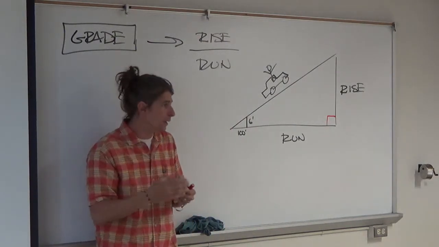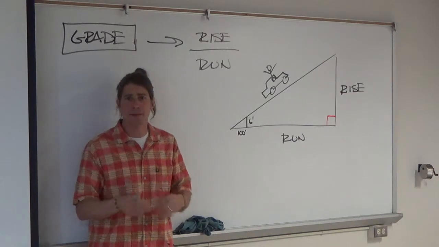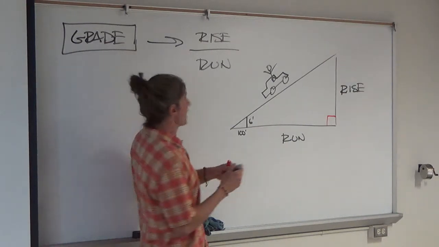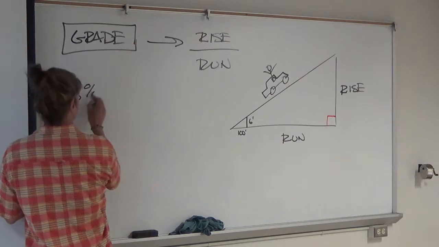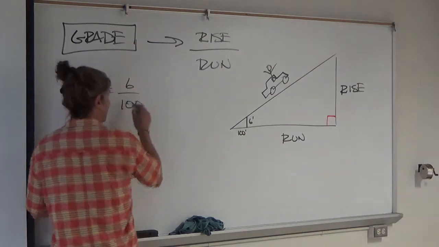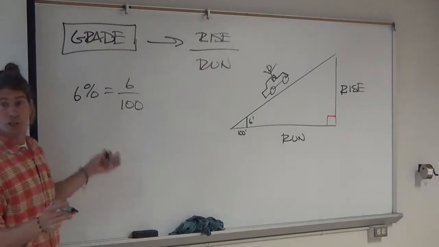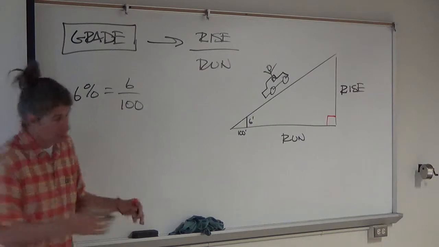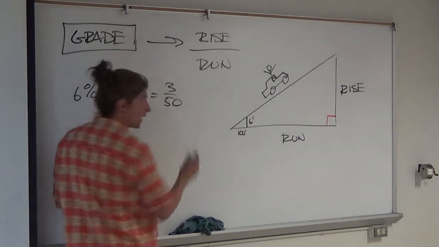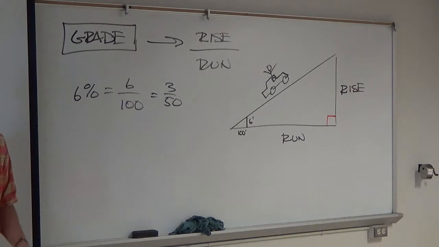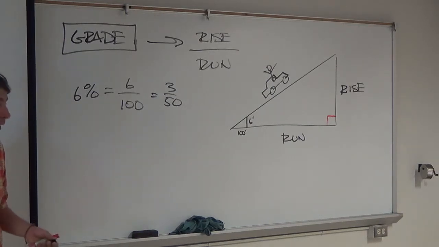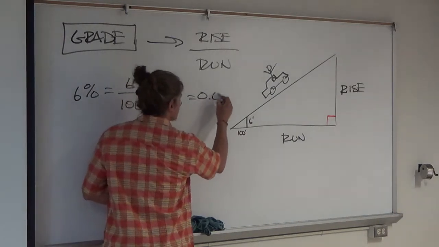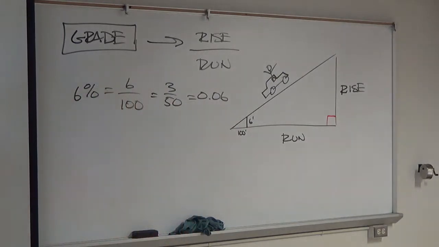6 divided by 100 is 6%. You've got to remember what percent means: per 100. So you can see that different ways, right? You can see it as 6%. I think you guys told me last time that 6 over 100 is fantastic. I know that sometimes we see fractions like that because we've been brought up in pre-algebra classes. You must reduce. Okay, 3/50ths, that's fine as well. I like to keep the 100 near the bottom whenever I can because it becomes obvious what percentage you're talking about. See it as a decimal? 0.06. A bunch of different ways you can express it. The signs are always going to have a percent sign. So 6%. I think we're just used to that as Americans.